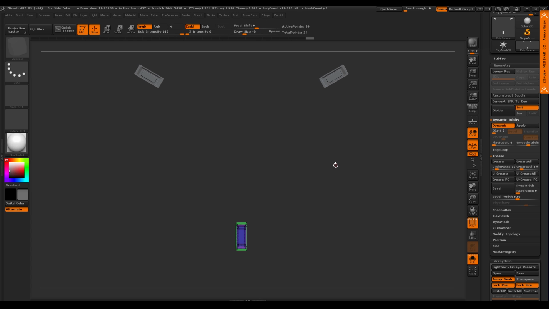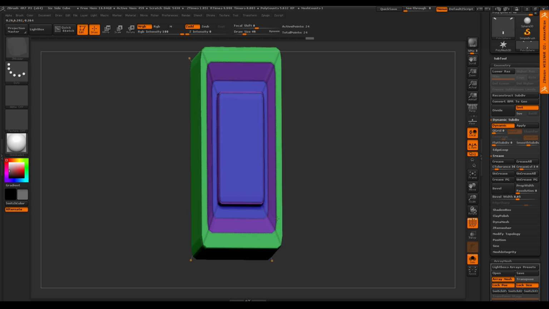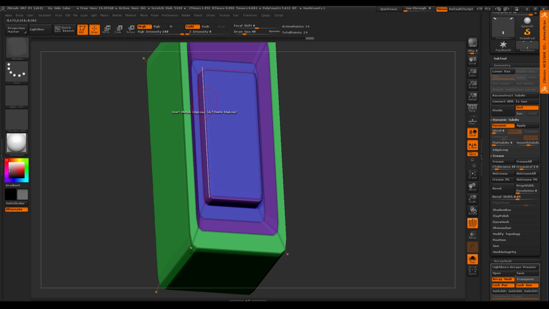So this becomes a really nice workflow, allowing me to start manipulating and playing and seeing what it's looking like there. What this crease level is doing is telling ZBrush how many levels the creasing stays. If you remember, I hit Crease All, so every single edge here has a crease.